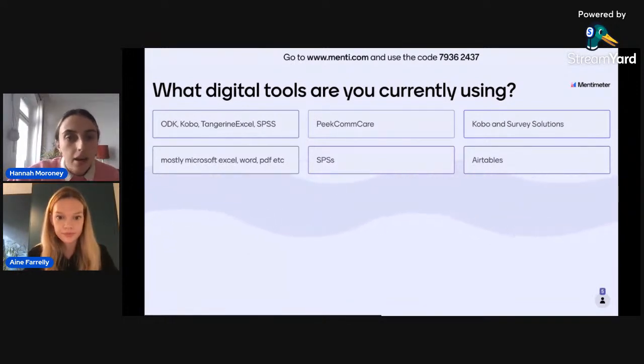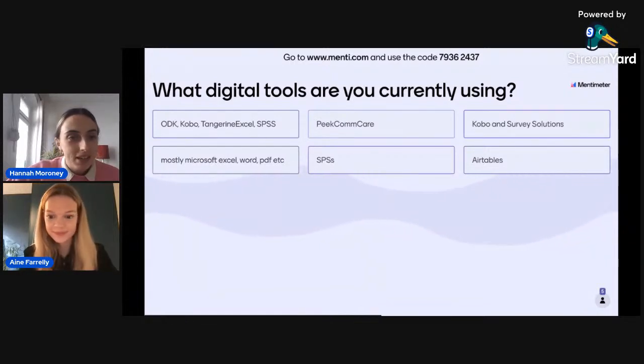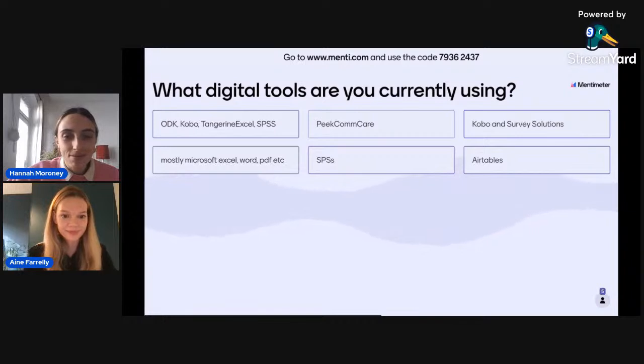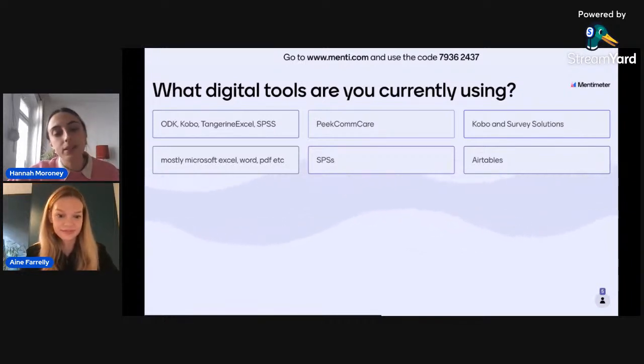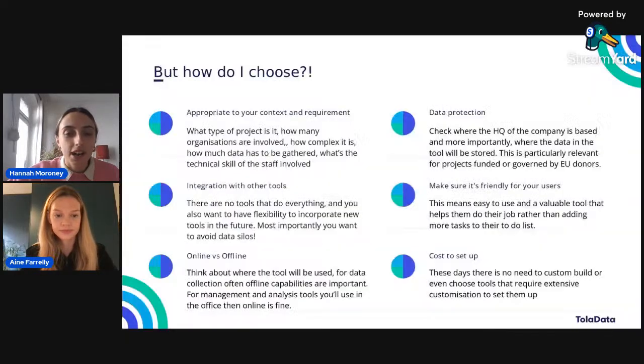Airtable has also come in. That's one we absolutely didn't think of. Thank you for adding that. And if you guys have any more, I can see that there's plenty of people joining us at the minute, and we only have 6 responses. So if anybody else would like to add some, then please feel free to do so. But you can always come back and do it later if you're not up to doing it right now.